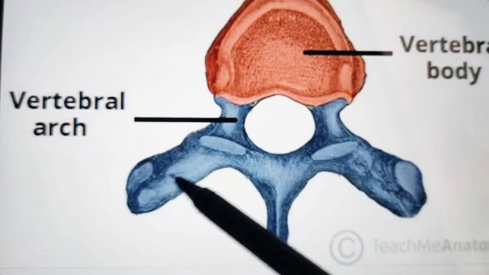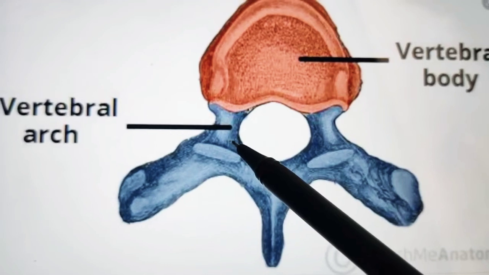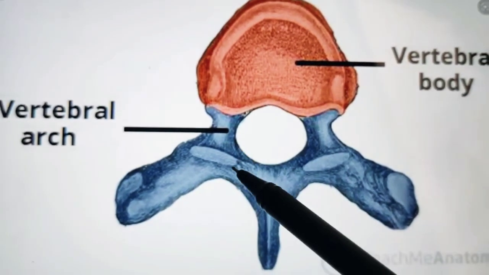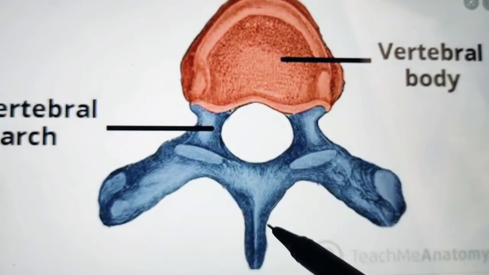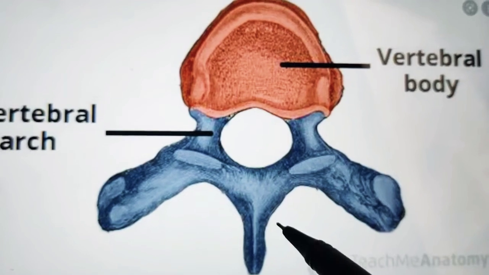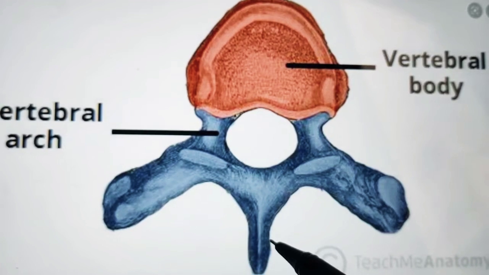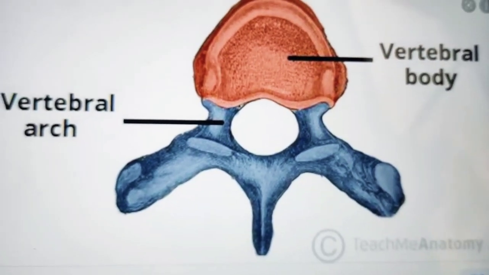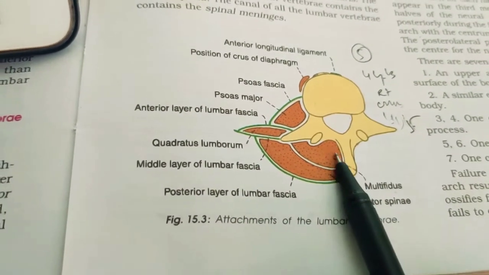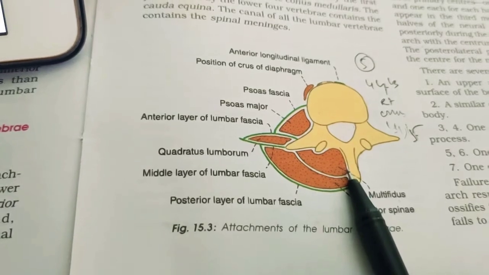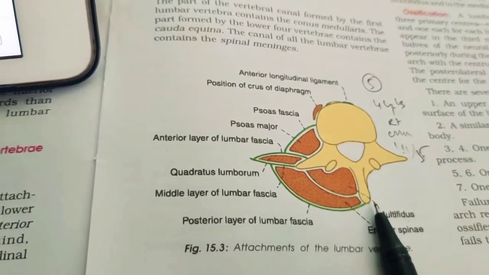In this diagram you can see this is called the vertebral arch. The pedicles are related above and below to spinal nerves. Okay, the lamina provides attachment to the ligamenta flava, and the spine provides attachment to the posterior layer of lumbar fascia, and also the interspinous and supraspinous ligaments, and also the erector spinae, multifidus and interspinal muscles. I will show you that. In this diagram you can see the erector spinae muscle and the multifidus muscle. All these are attached to the spine of the lumbar vertebra, and there is also attachment of the supraspinous ligament and interspinous ligament.